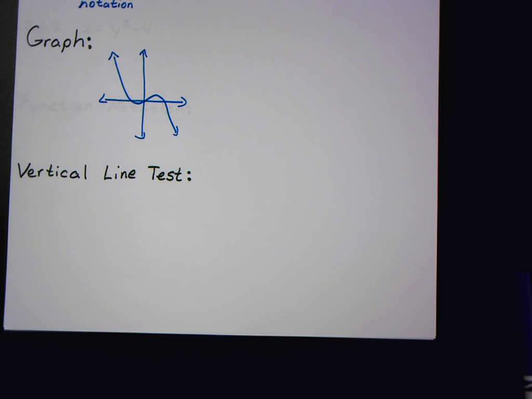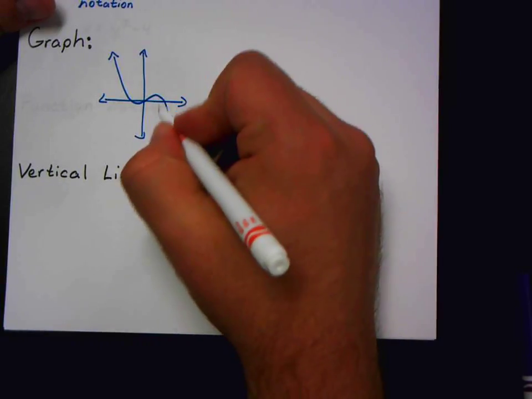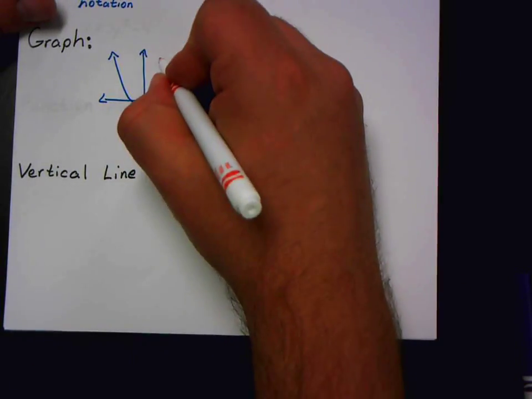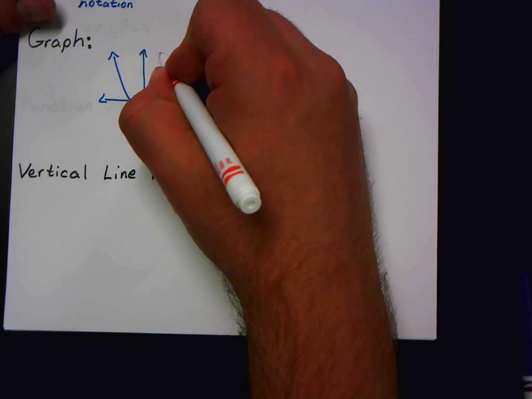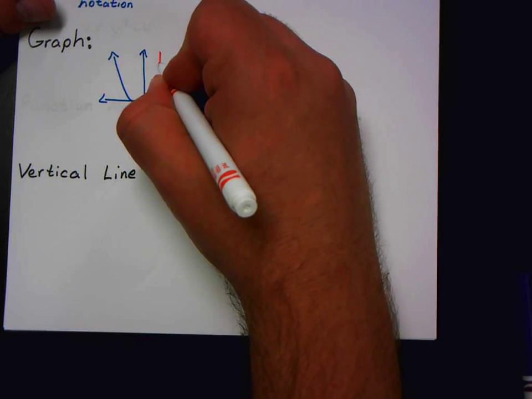Okay, now we're not done with representations, but I'm going to take a little break right there to make sure you all know the vertical line test. The vertical line test is the way that we can test graphs to make sure that they're functions. Now, we cannot have any repeating x values. So one way we can test to make sure we don't have any repeating x values is we take a vertical line